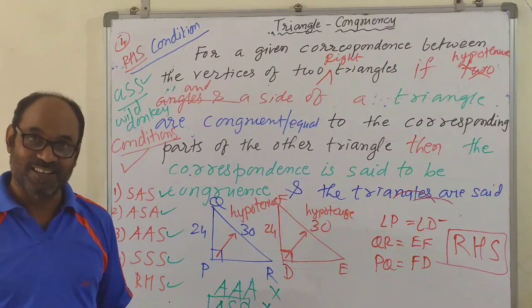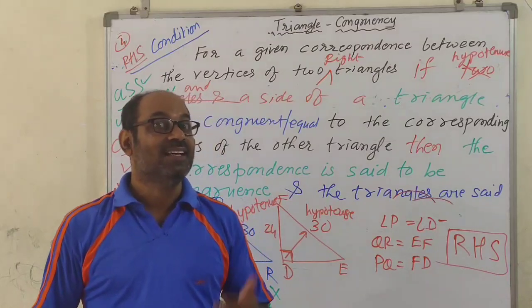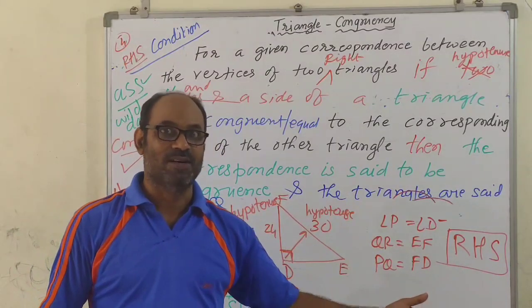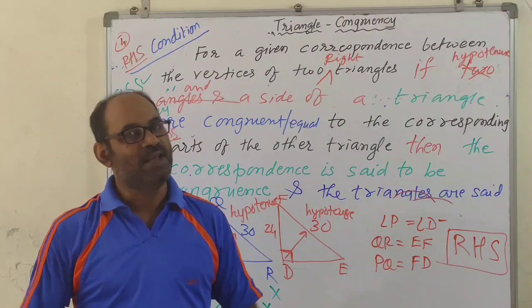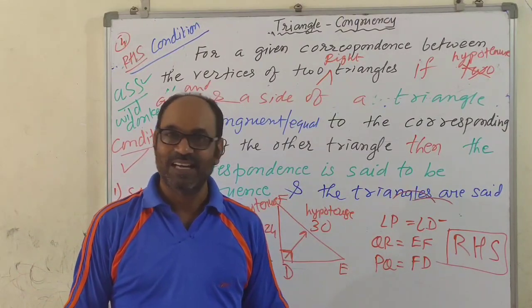We end this session here. In the next session, we will see similar triangles and congruent triangles. What is the difference between them? And then we'll continue the similarity of triangles. Alright. Till then,